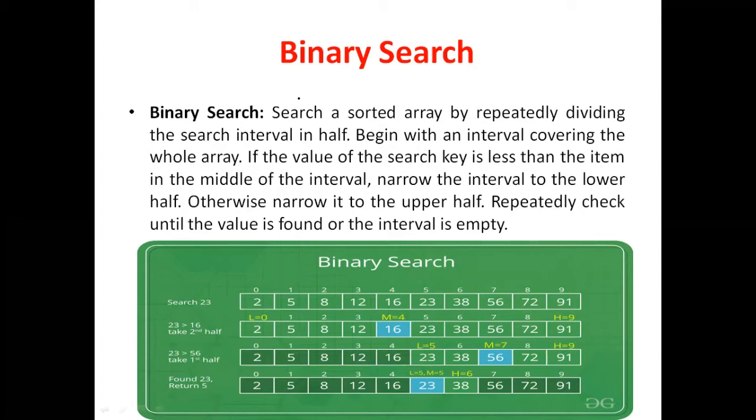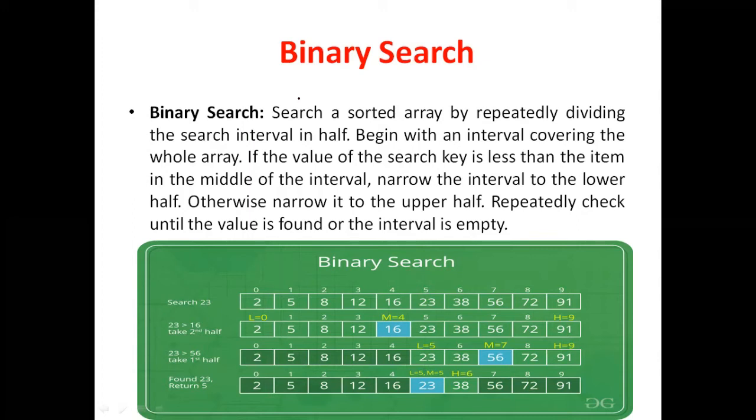So binary search is a technique with which we find out whether a particular element is present in the array or not. The main advantage of binary search is that it will take half of the time as compared to linear search. For example, if the linear search requires 1 hour, then binary search will require half an hour, that means 30 minutes. It is just an example. Okay.